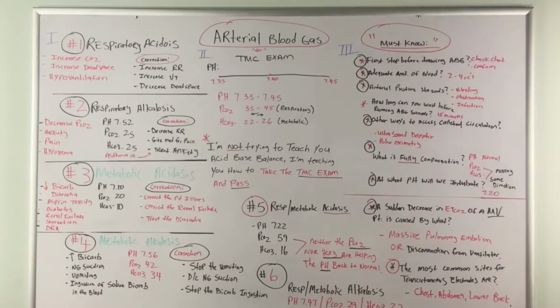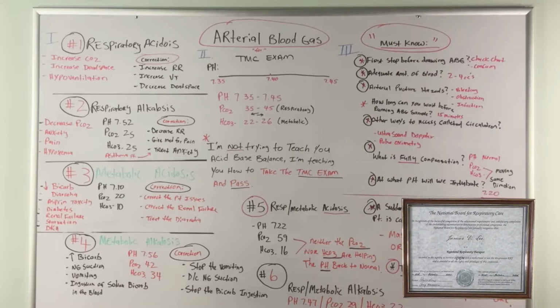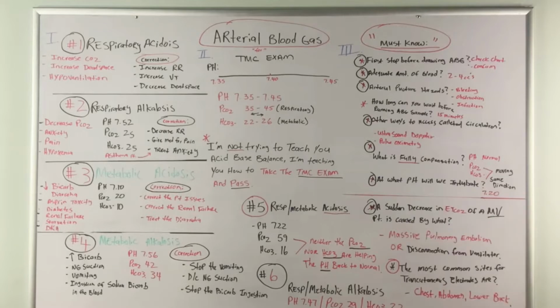Okay, guys, tonight is arterial blood gases for the TMC exam. Now, I have the entire board covered, so we're going to do this in order. I'm going to start from my left and work to my right. You'll see at the very top of the board, there's Roman numeral 1, and then in the middle, there's Roman numeral 2, and then all the way to the right, there's Roman numeral 3. We'll work from left to right all the way down the board. Tonight, we're talking about arterial blood gases, as I mentioned, and what you need to know for the TMC